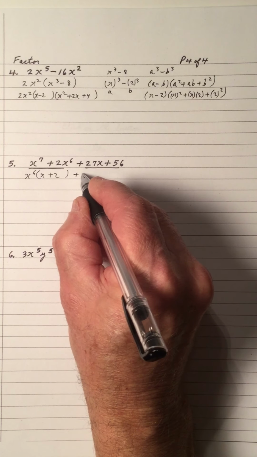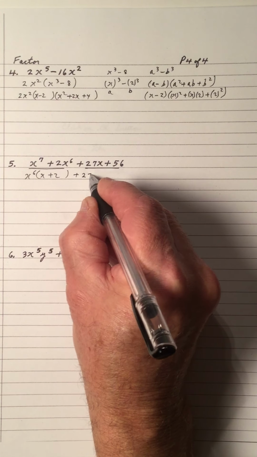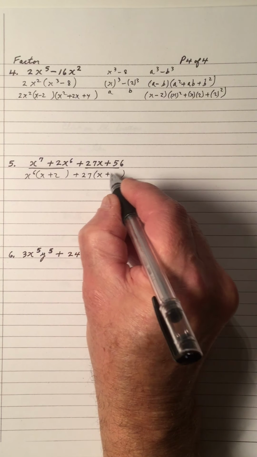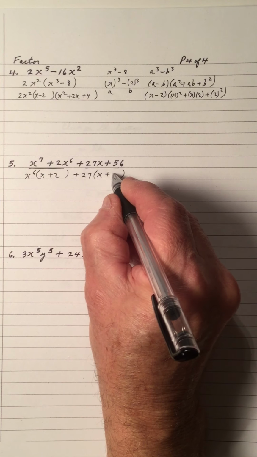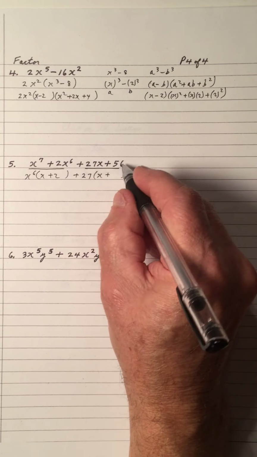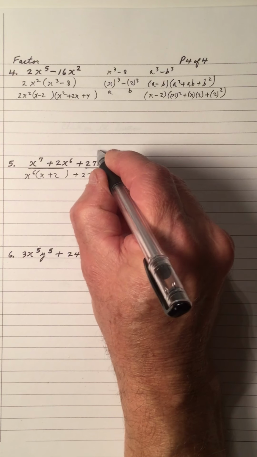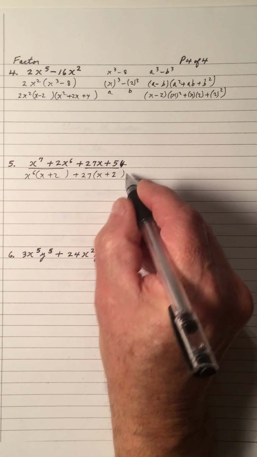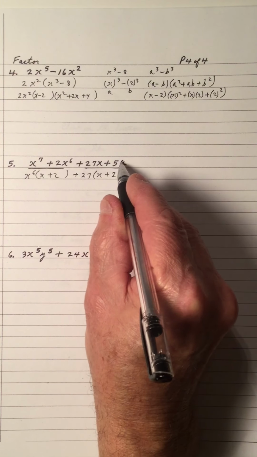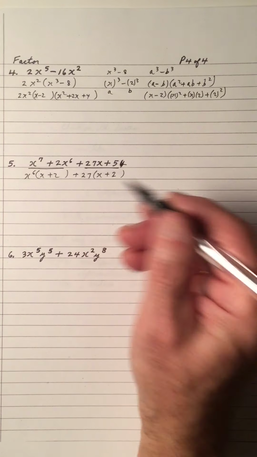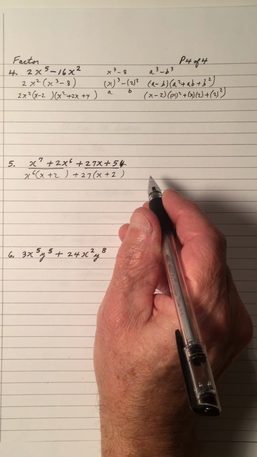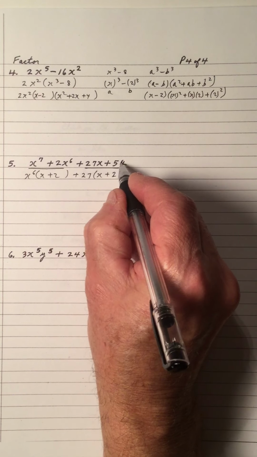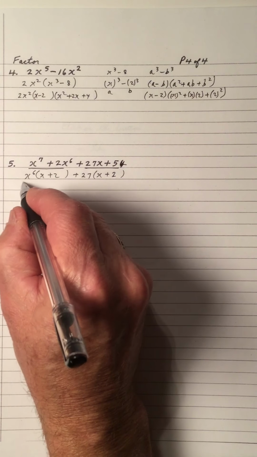And I got a positive 27. So 27 into 27x gives me x. And 27 into 56 go, I made a little error because 27 times 2 is 54. So let's make that a 54 so I can get a 2. If I let it stay as a 56, it won't factor, so it can't be done. So that's a 54, and 27 into 54 is 2. So my error here, apologize. And that's an x